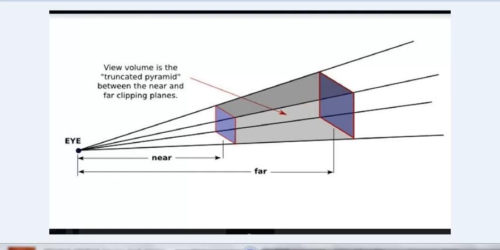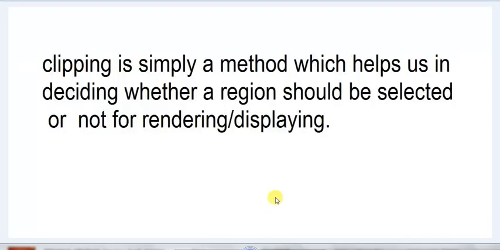We have several functions in computer graphics which allow us to specify a particular viewing volume range, in which we can pass parameters as near, far, left coordinate, right coordinate, upper coordinate, bottom coordinate. For example, we have a function called orthogonal view, gluOrtho2D. Using this function, we can pass the near parameter and far parameter and the left as well as right parameter. Now let us see what is clipping.